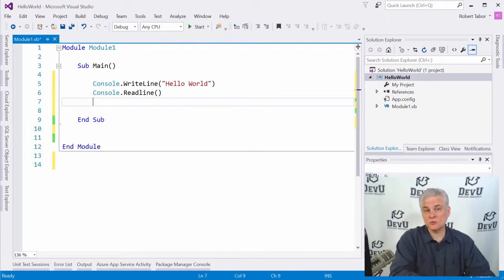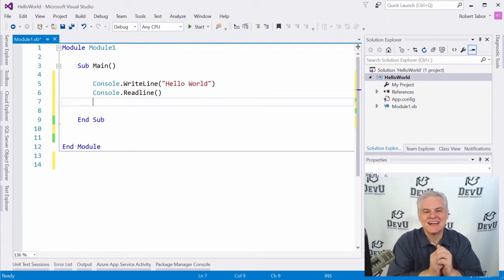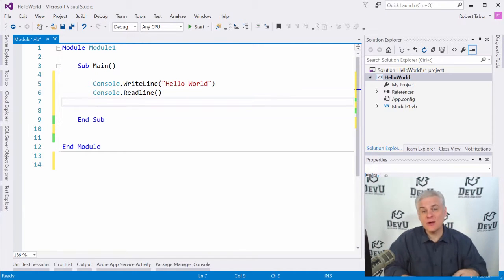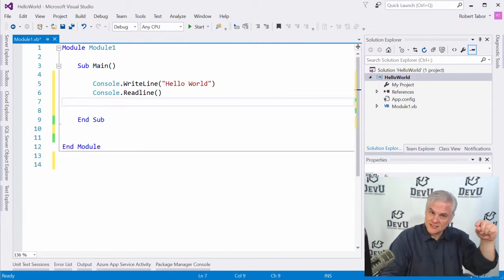All right. So assuming you got this to work, then you're well on your way to building applications. You've already learned some of the most important lessons so far, whether you realize it or not. As you undoubtedly learned in this lesson, writing Visual Basic code is an exercise in preciseness. However, frankly, Visual Basic is probably the most forgiving of programming languages because it will always nudge you in the right direction, at least as often as it can. Or at the very least, it's going to show you where the problem was by putting a little red squiggly line or something along those lines, giving you errors in the error list that you can work from.